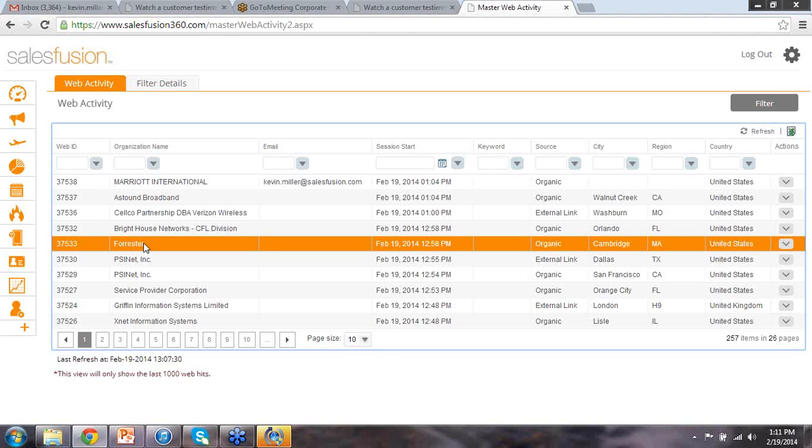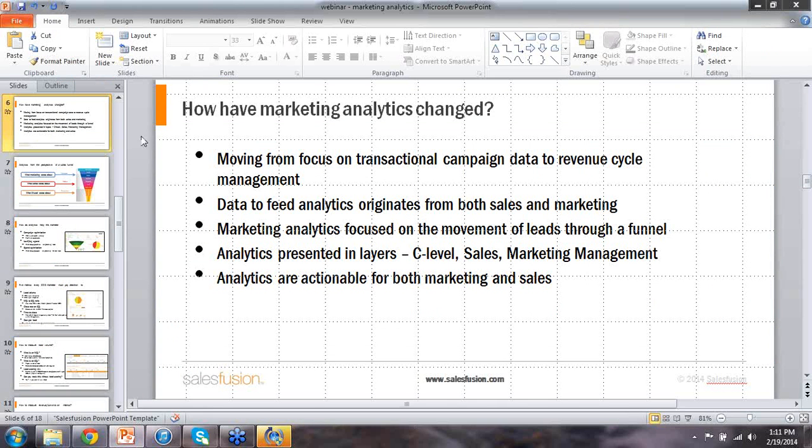But it's one of the key pieces of information that we are able to gather that we didn't have previously, or we didn't have without marketing automation platforms like Salesfusion. So this is what we're talking about when we're talking about, if we go back over into the PowerPoint presentation,